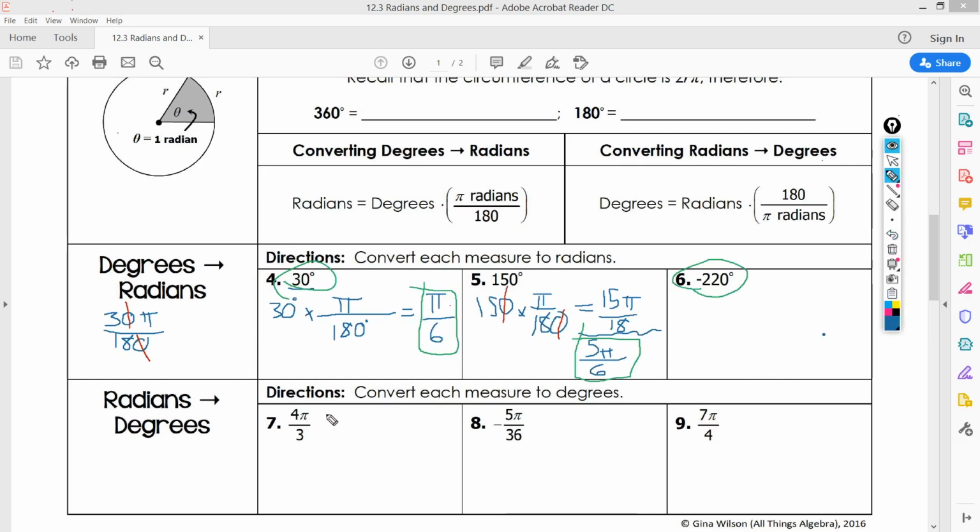And this problem, same idea. We start with 4 pi over 3, and we multiply it by, instead of doing pi over 180, right,